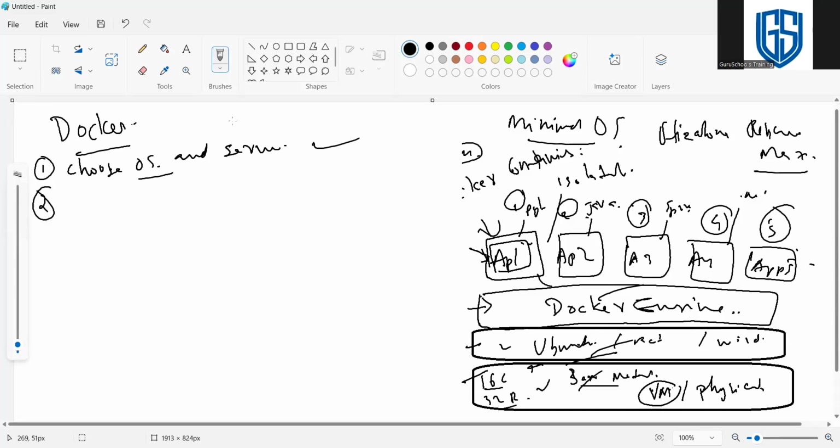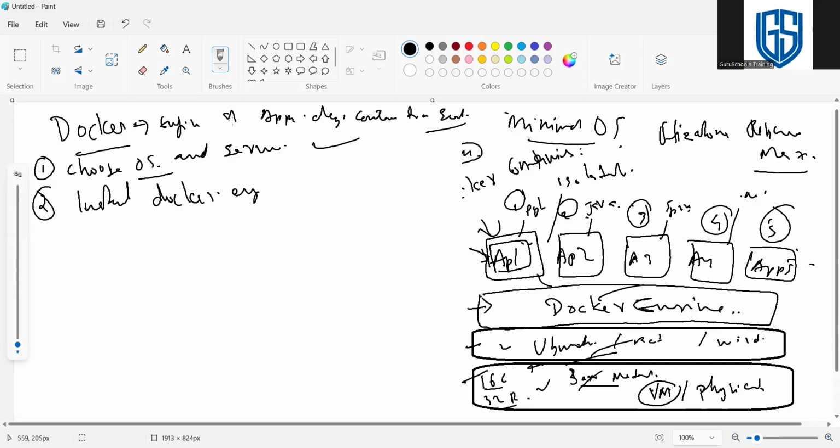This is a scenario: Docker configuration and application deployment to containers from scratch. The machine is ready, the operating system is ready. Next we need to install Docker or Docker engine. Within a single command, we can install Docker engine.